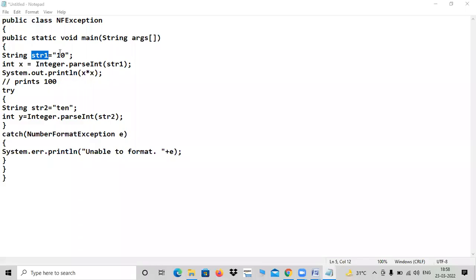So even 10 is considered a string here because you can see it is enclosed within double quotes. After that, in the very next statement, can you say about this statement? Variable x, I have taken as an integer, that is okay. The string is converted into an integer value with the help of this